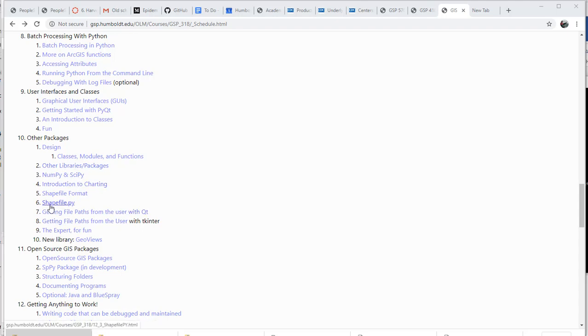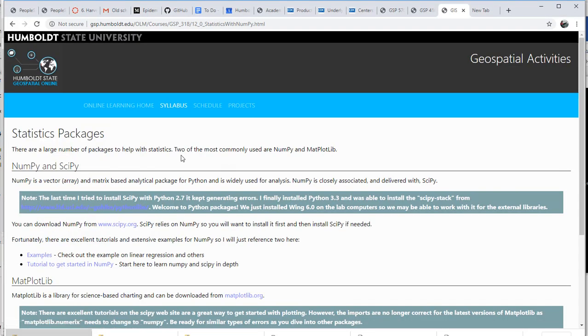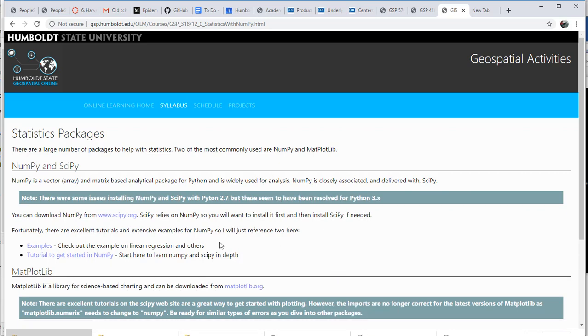Okay, so now we're going to go through some different packages just to show you about them. Now, I just updated this web page on the server. NumPy and SciPy are two of the most commonly used ones, and they used to be difficult to install. With 3x, I think every time I've used them, I was able to install them pretty quickly. Now, the nice part about these, you can download them from scipy.org or Christoph's site, or pip might work,